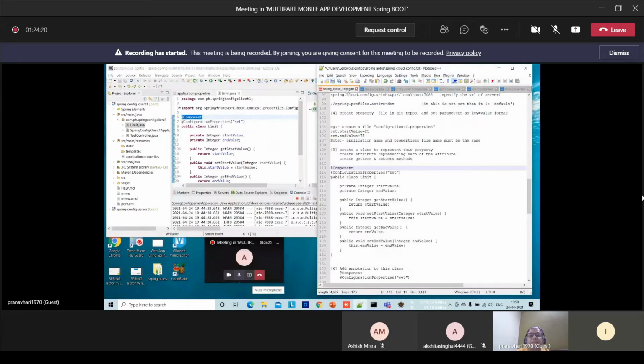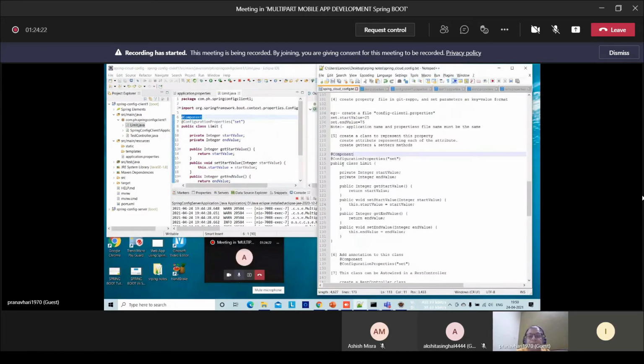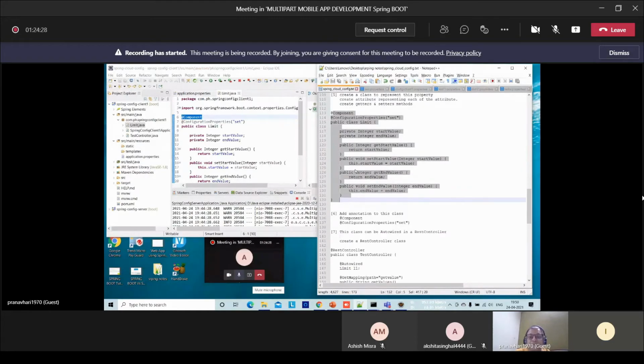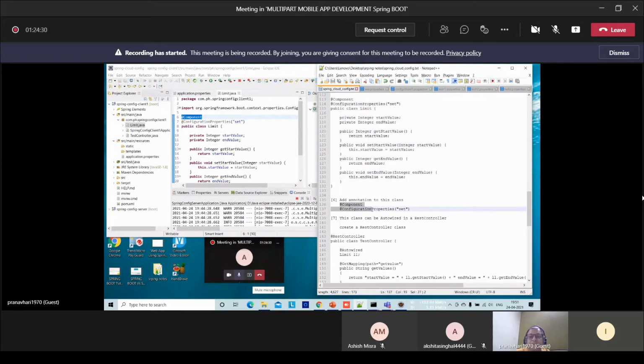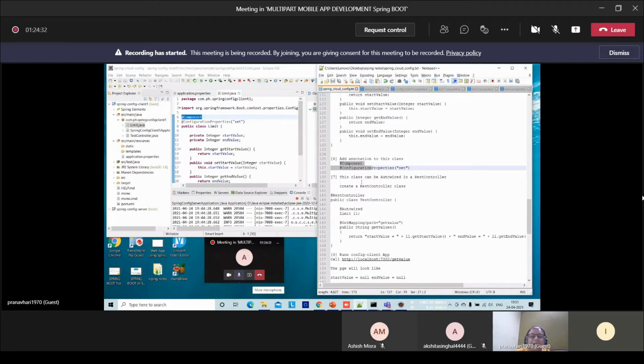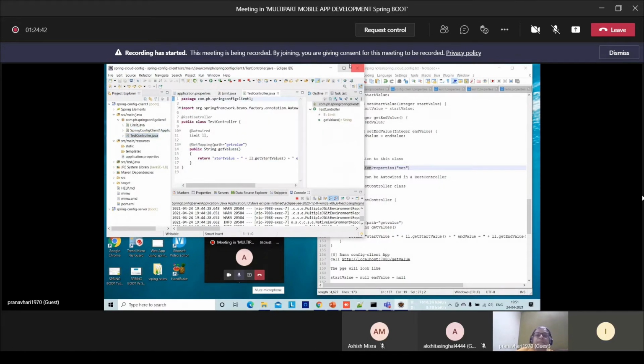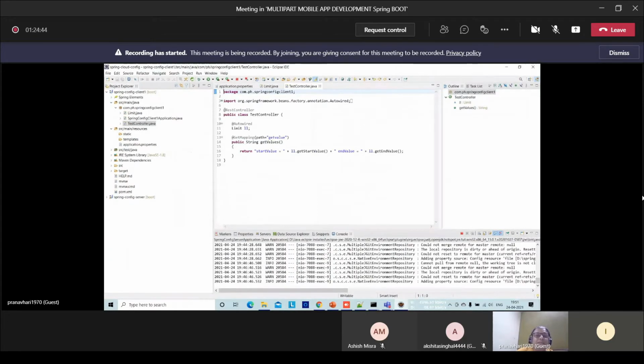Now what is the next step? Once the component gets created, you must annotate it with this component and all this. Thereafter, you need to have a controller. After all, without an API, how will you call? So there must be a controller class. Now in that controller class, we are having an object of limit.